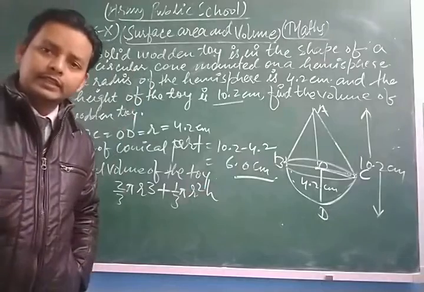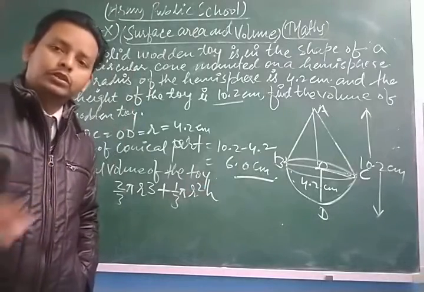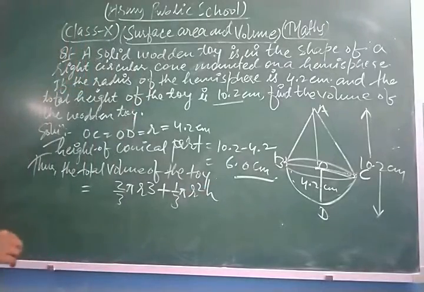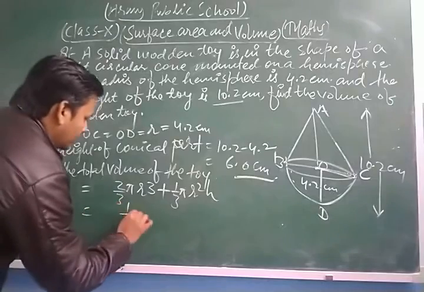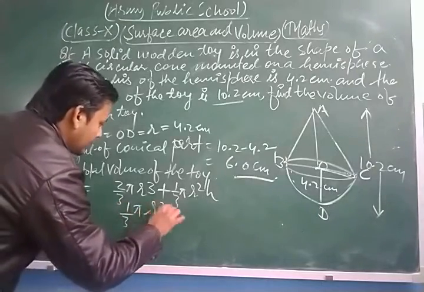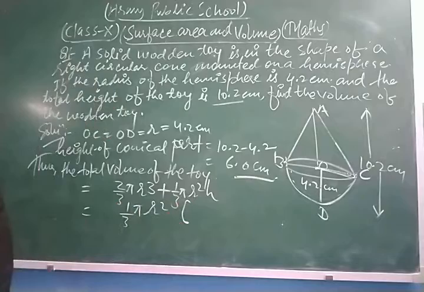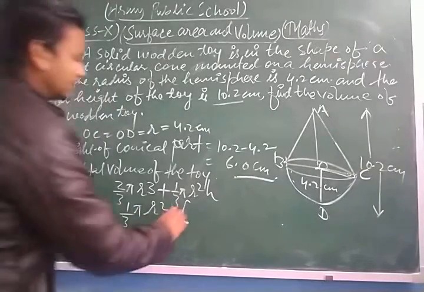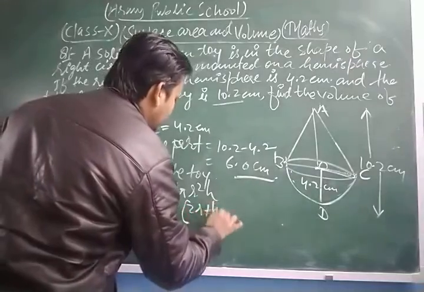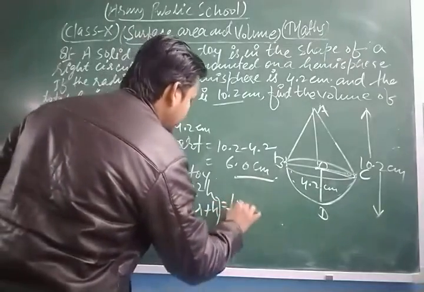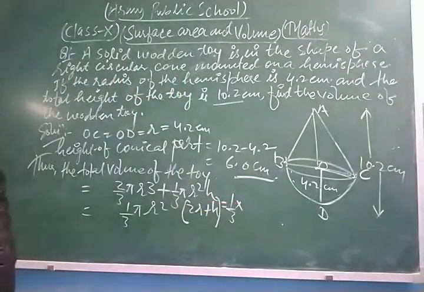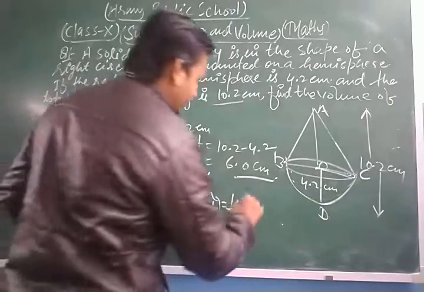Because the radius is the same for both solids, we take 1/3 pi r square common, so we get 2r plus h. Now we put all the values: 1/3 into the value of pi, which we take as 22/7,